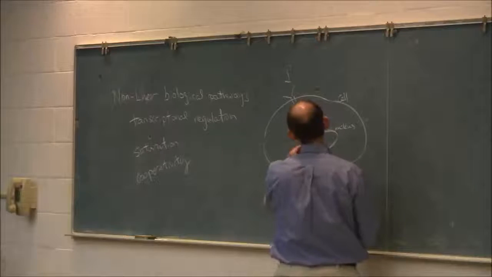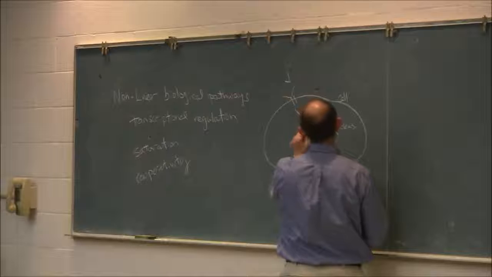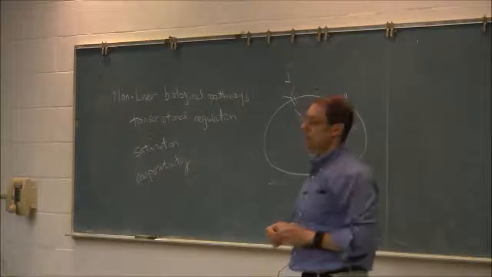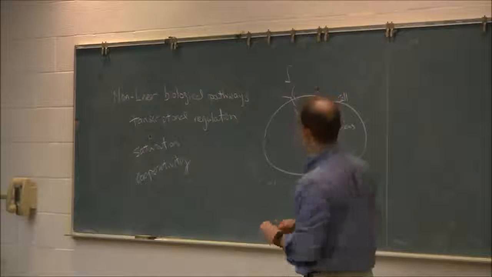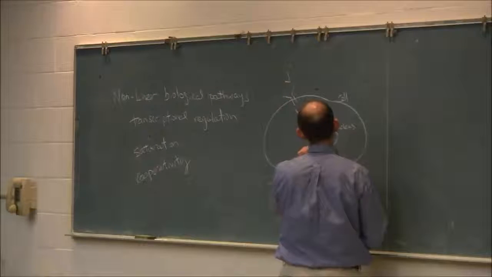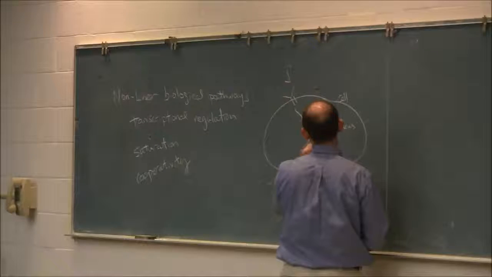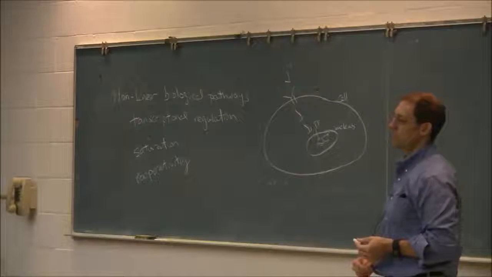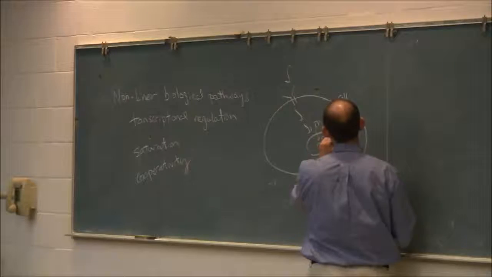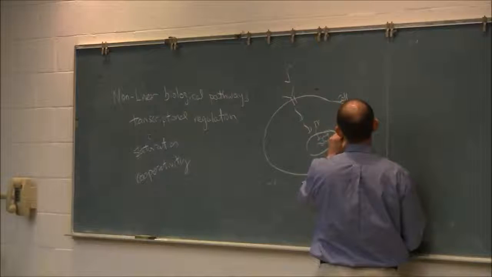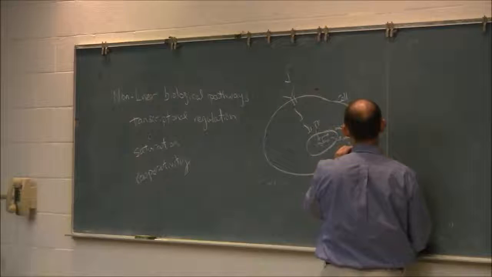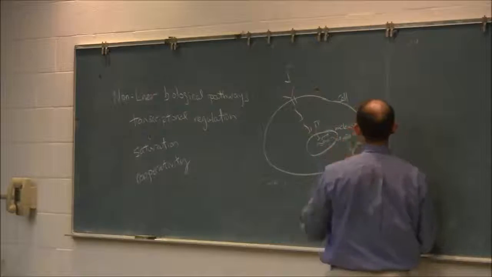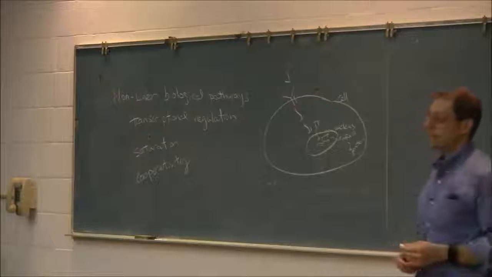And the way that happens is that transcription factors that are not active become activated, and they go to the nucleus. Here's DNA in the nucleus, and they turn on the expression of specific genes that then creates messenger RNA that's translated to protein. So these are the steps that we're going to look at.